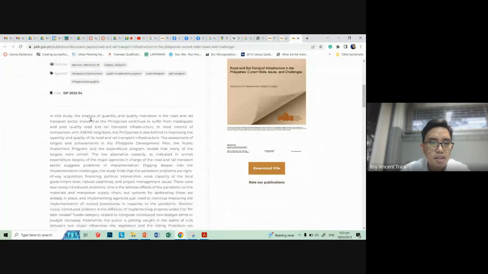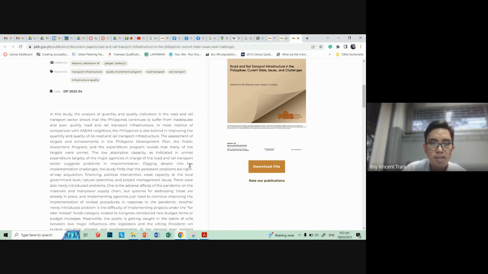Let's see. In the study, the analysis of quantity and quality indicators in the road and rail transport sector shows that the Philippines continues to suffer from inadequate and poor quality road and rail transport infrastructure. In most metrics in comparison to ASEAN neighbors, the Philippines is also behind in improving the quantity and quality of its road and rail infrastructure. The assessment of targets and achievements of the Philippine Development Plan, the Public Investment Program, and the Expenditure Program reveals that many of the targets were unmet. So we can say policies are not working. The low absorptive capacity, as indicated in unmet expenditure targets of major agencies in charge of road and rail, suggests